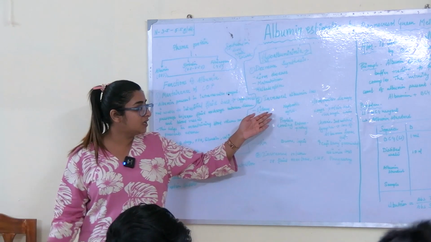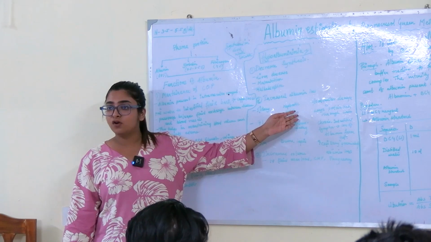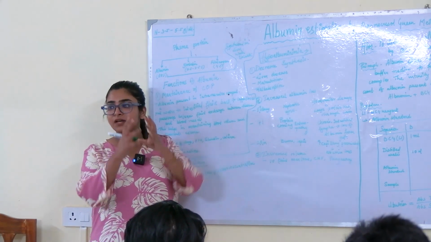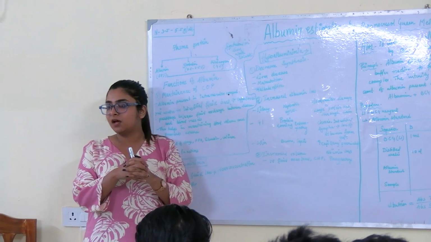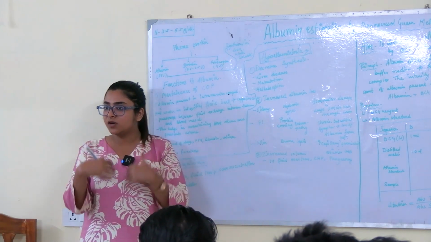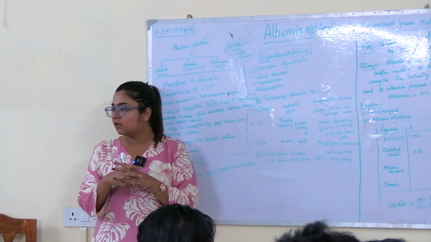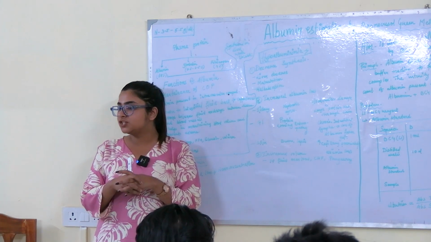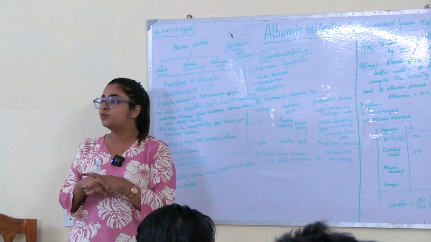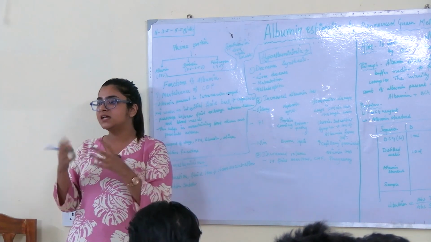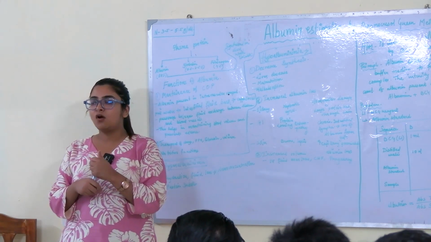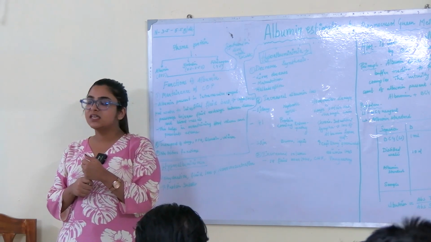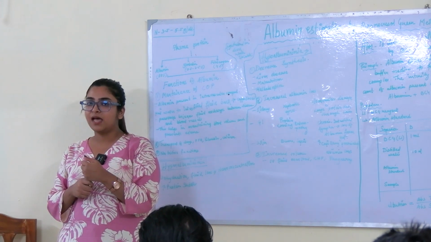In syndromes in kidney, like nephrotic syndrome, what happens in nephrotic syndrome? The glomerular membrane gets destroyed. It cannot hold the albumin enough in our body. The albumin gets more and more excreted in urine, proteinuria. No? In CKD patients, in nephrotic syndrome patients, there is proteinuria. What is the protein that is getting excreted in such patients? Albumin.